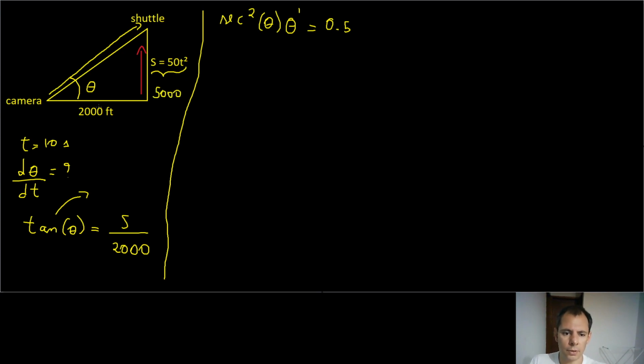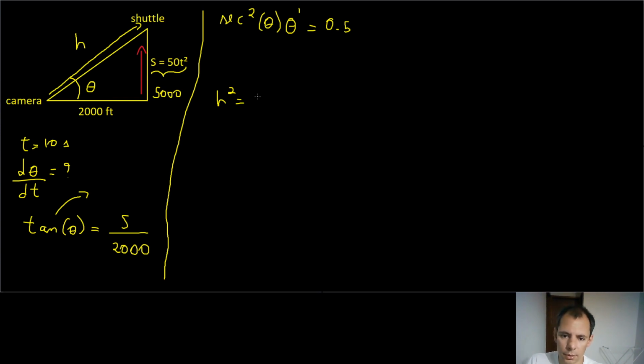When this is 5,000 and this is 2,000, we can find out this. Okay. So I'm just going to call this hypotenuse h. Usually h in physics is reserved for height, which goes straight up or straight down, but I'm just going to call it h. So h squared equals